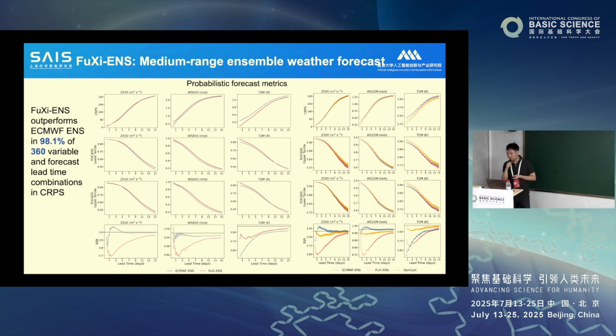In terms of statistical metrics, we are mostly quite similar, but they outperform us, most notably in terms of the 2-meter temperature. They have lower CRPS and better metrics for extreme forecasts, and their SSR is closer to 1 than our model's. There is still some room for future improvement for our model. For example, we can try to learn from their most recent work, like FGN. They train the model with different seeds to account for the model's uncertainty.